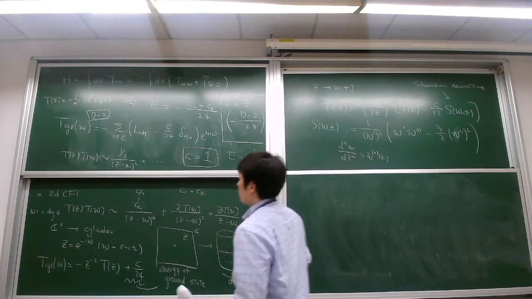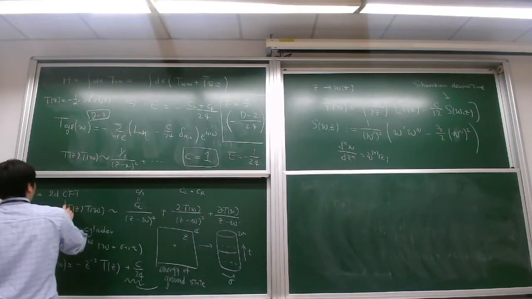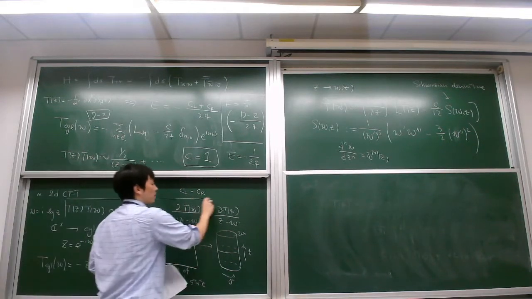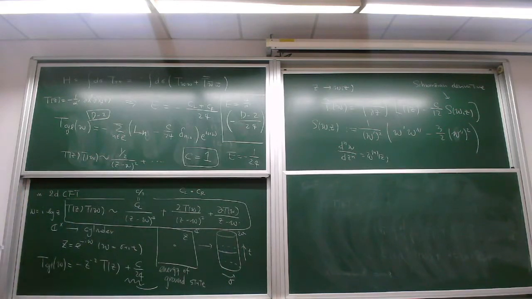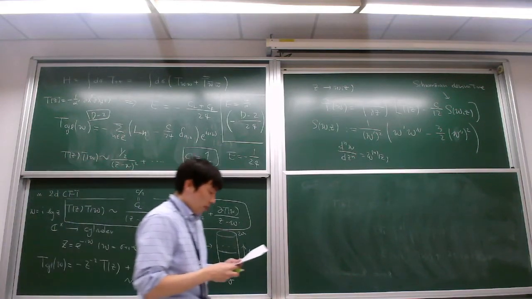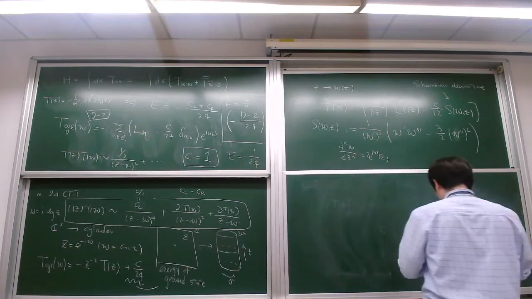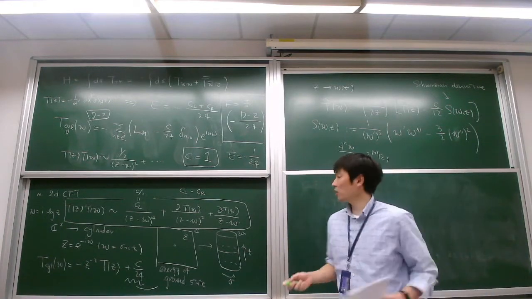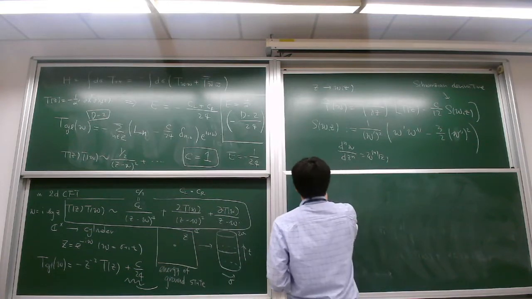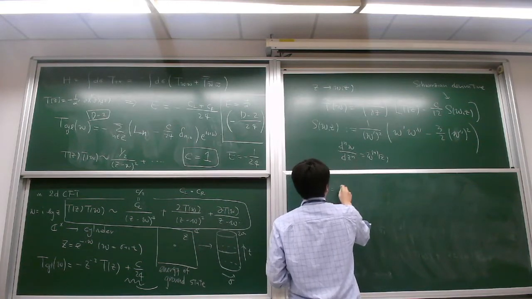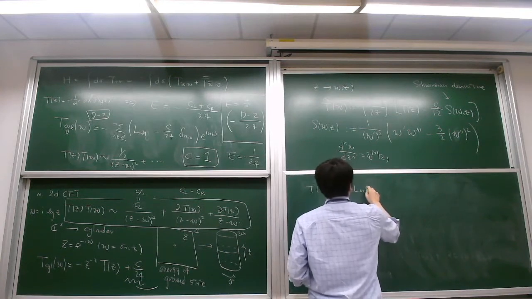So from this OPE, this OPE is very important, very fundamental in 2D CFT. And then we can do the mode expansion. Since the stress energy tensor in the flat plane, we can do the Fourier mode expansion, which is